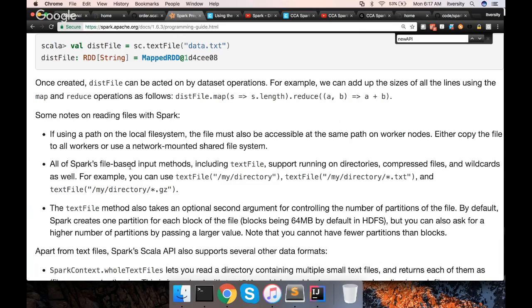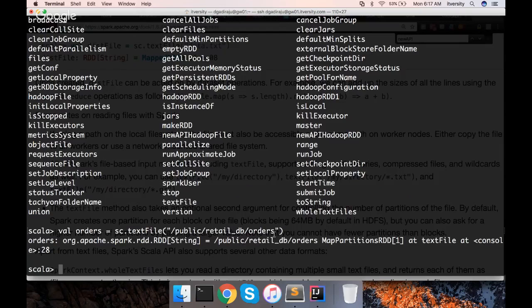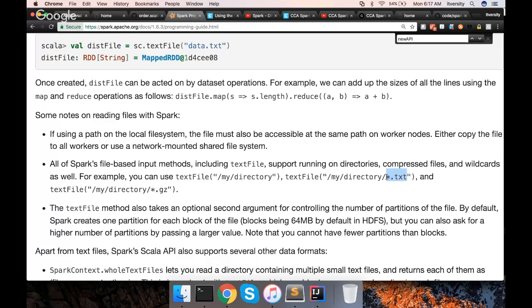All of Spark's file-based input methods, including textFile, support running on directories. Here I am running on a directory. If I want to read a particular file, I can give a file name also. I can give patterns like this, so I can read files using wildcards as well. In this case, it will try to read all the files with the .txt extension. On top of it, it can also read data from compressed files. You don't need to do anything explicitly to read data from compressed files, as long as the underlying compression algorithm is supported.